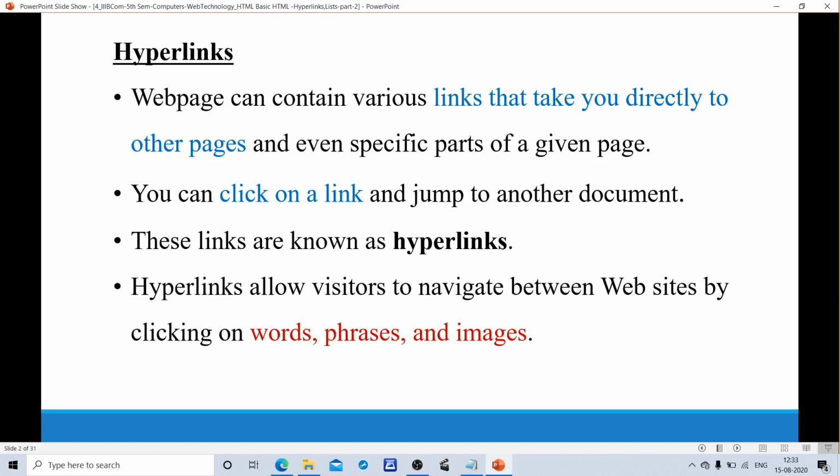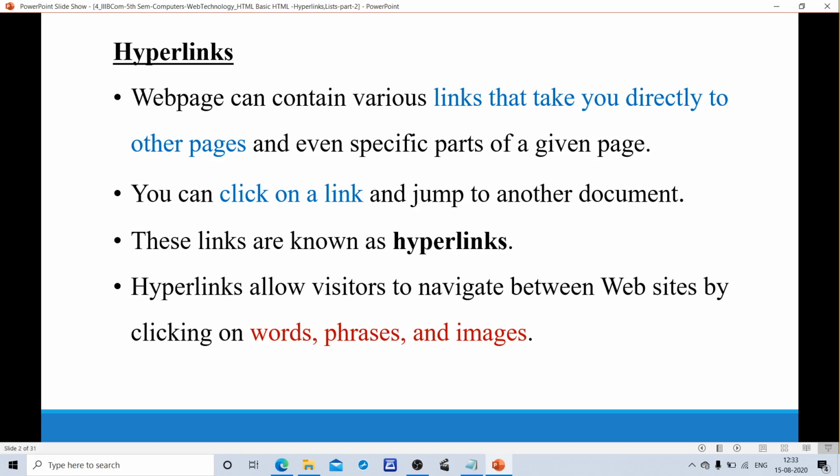When I click on a link, that link goes to another document. How does it link? With the help of hyperlinks. An anchor tag is used for linking documents. This concept of linking documents is known as hyperlinks.